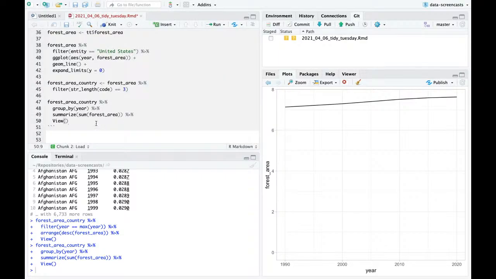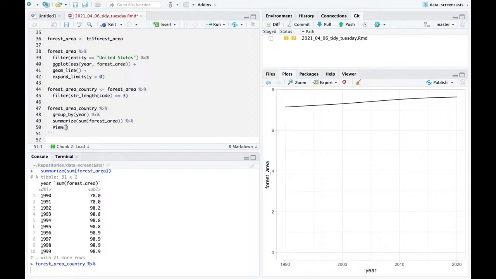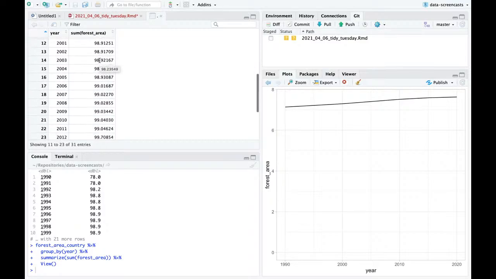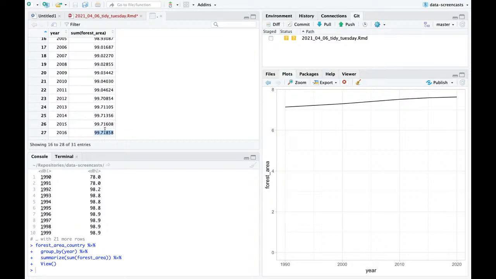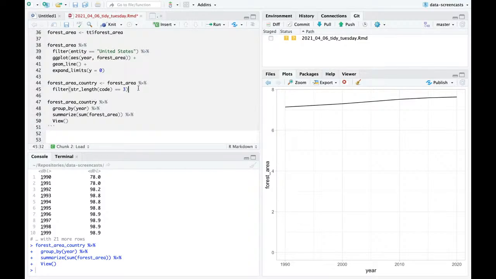Oops. Well, I say it won't be meaningless, but let's see. One thing I can see is, okay, the first 2 years, there's some kind of data problem. It could be we're missing a couple countries for the first 2 years, and the rest of them, the countries in our data set account for, looks like, 98.2 to 99.7% of the world. So I'm actually going to go ahead and filter for year